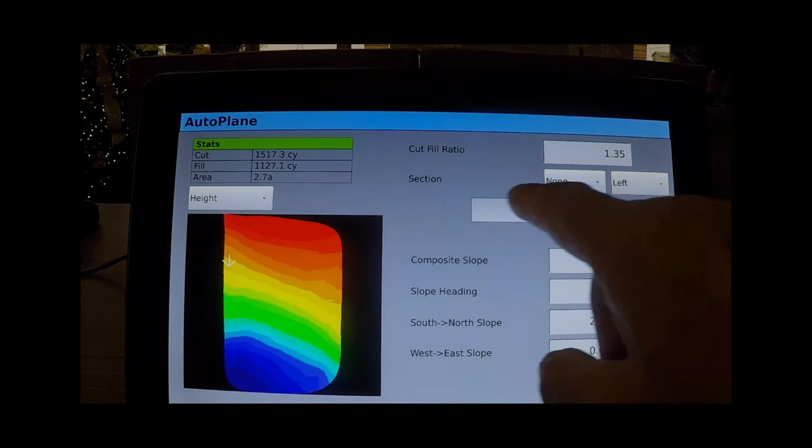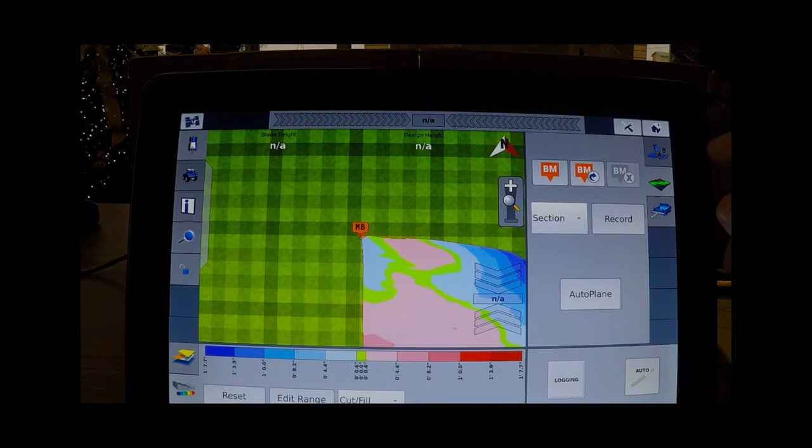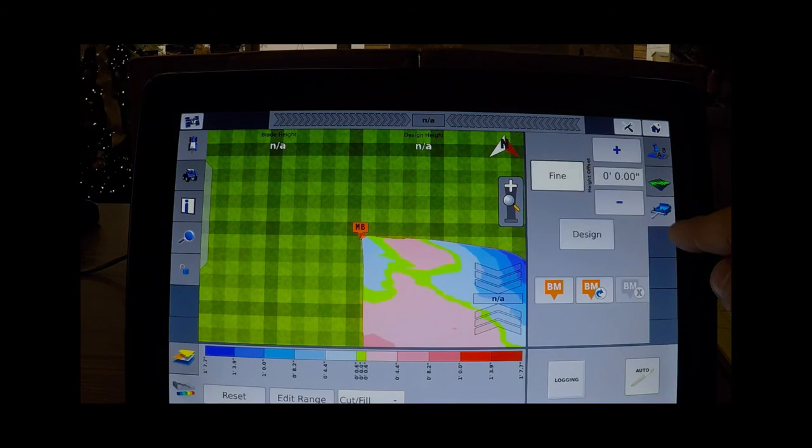You notice also here there's a section. Remember, I talked about the section line. You can there designate either a right or left and look at each individual section and design each individual section separately. With that, you simply OK out of that. Then you are ready simply to go to the